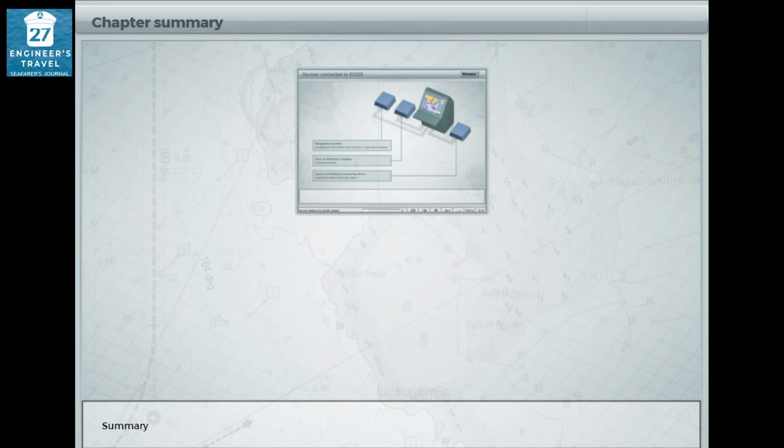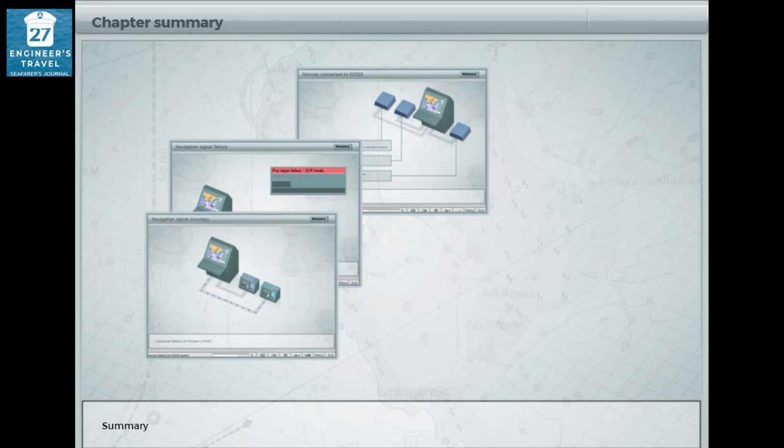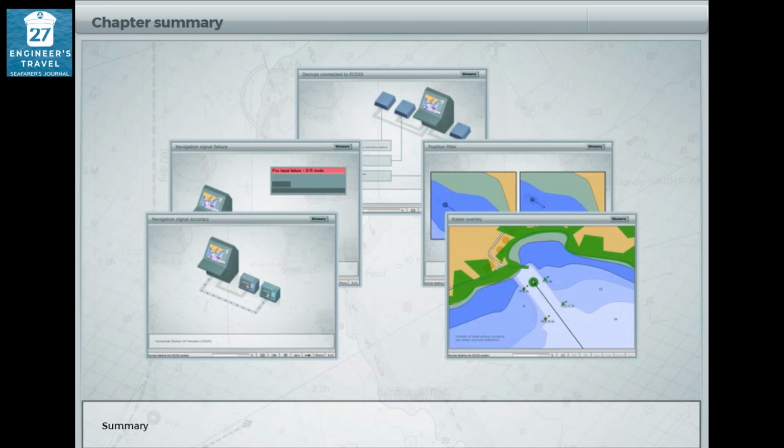Let's summarize what you have learnt in this chapter. There are many devices feeding the ECDIS via a LAN, and the navigation signal is a critical input to ECDIS and must be correct. We've learnt that the level of accuracy varies on the navigation signal and that we need to keep an eye on the H-dop. The position signals are filtered, and that the radar overlay